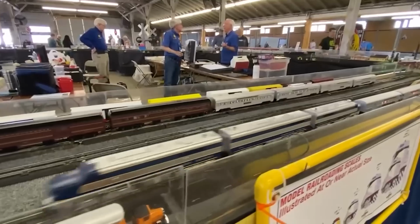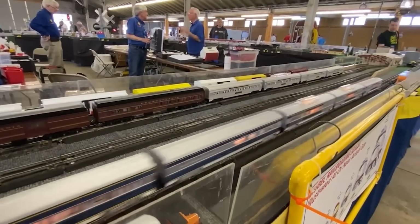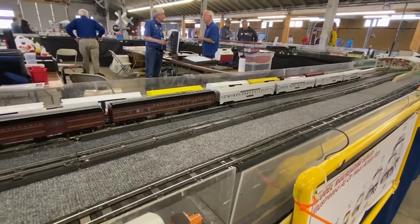We have two sidings down the outside loop, and over there is two sidings on the inside loop. So that's